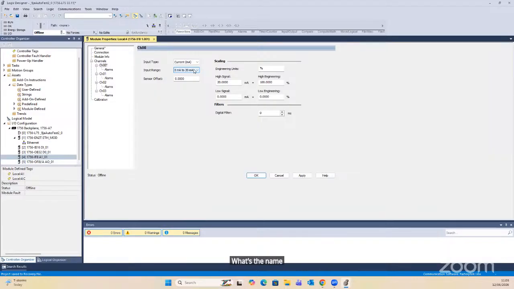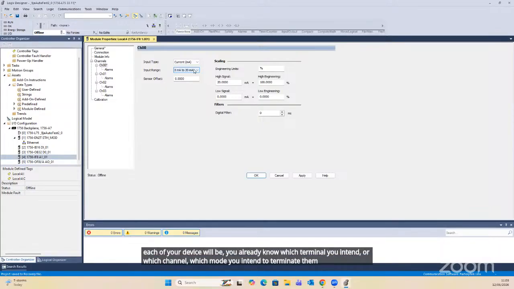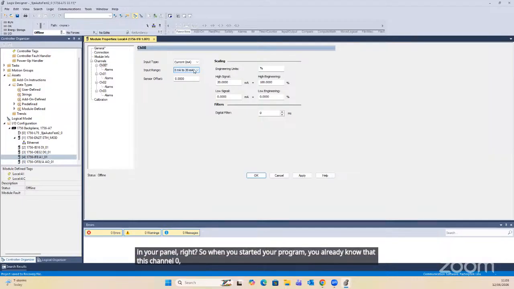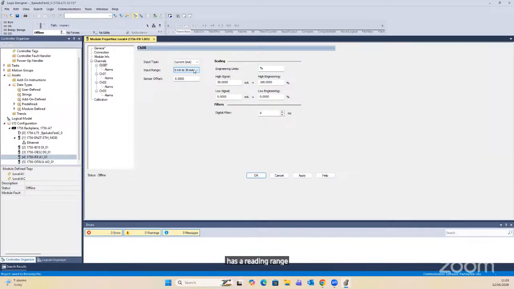You already know the location where each of your devices would be. You already know which terminal, which channel you intend to terminate them onto in your panel, right? So when you started your program, you already know that on channel 01, I have a pressure transmitter. And this pressure transmitter that I intend to install has a reading range of 0 to 6 bar, right? So I will just come here and tell my PLC that my reading range is 0 to 6,